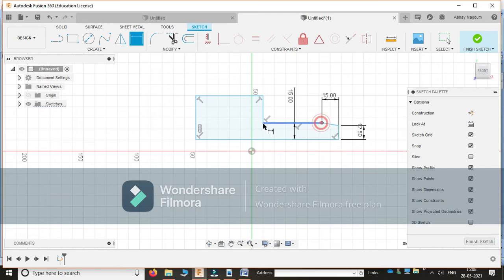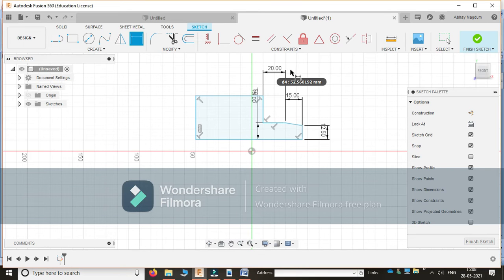Next, the length of this one is 20. Next, the third dimension is a diameter of 40, which means 20, and the length of this one is 30.